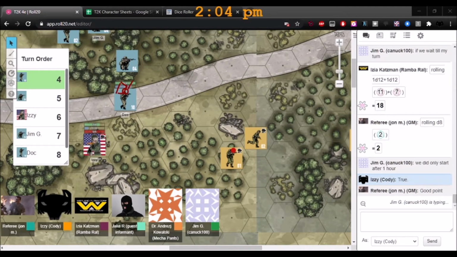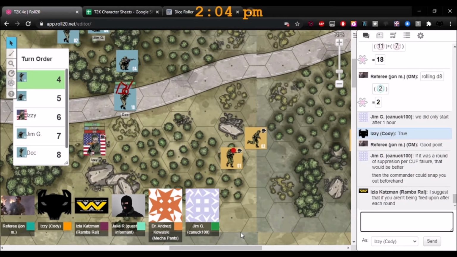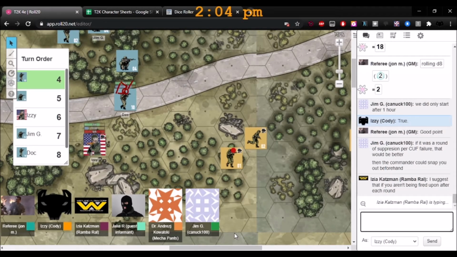Even with the advantage of having a group morale, there's an even chance you're going to stay suppressed, which is believable on the one hand, but from a playing point of view, it could kind of suck. Absolutely. And Jim, I like what you wrote there too. If it was one round of suppression per failure, that makes sense.